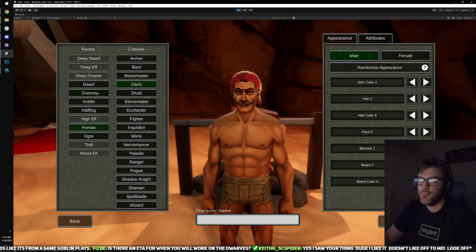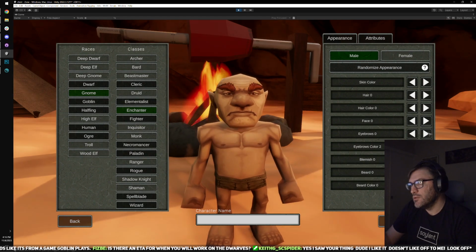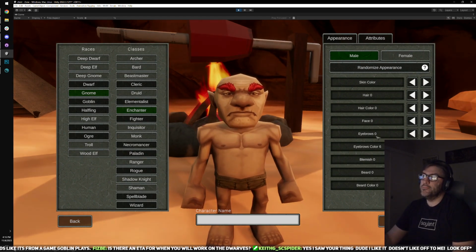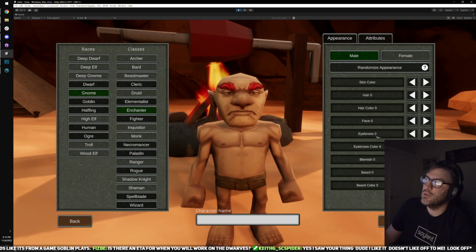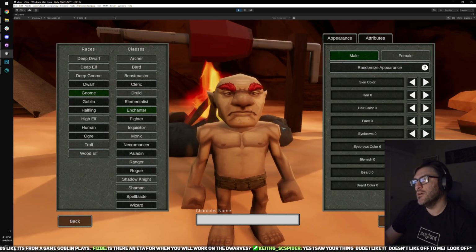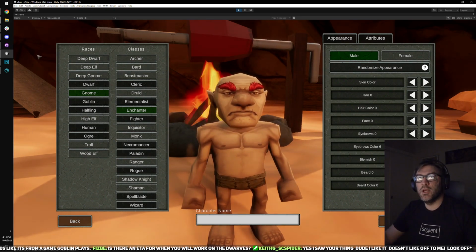And if we go back to the gnome, you'll see that it's all the same stuff except there's eyebrows and eyebrow color here. So there's two extra features here on the gnome that aren't on the human. And that's because some of his parts are still on the old system. We had it built in a different way before,